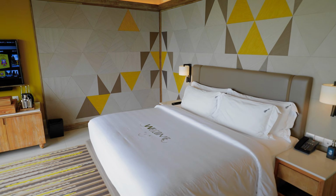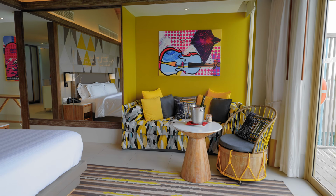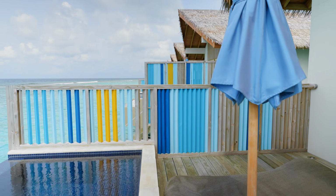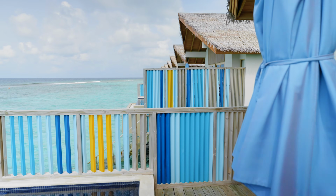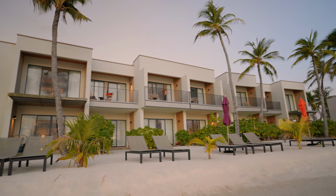Now, when you compare this hotel to comparable properties in the Maldives, the rooms are on the smaller side compared to other things that we've seen here. The bathroom is quite spacious, and the main space that we're in right now with the bedroom and kind of small seating area are very comfortable, and they do have a big mirror. But yes, it is a little bit on the smaller square footage size, and unlike a lot of the standard rooms in the Maldives that are kind of suite-like, where sometimes they have multi-rooms or they have a lot of floor space, this is a little bit more of an Americanized room size where they have kind of a standard smaller room,